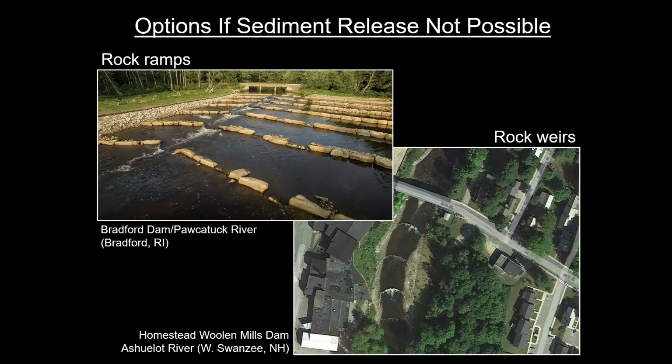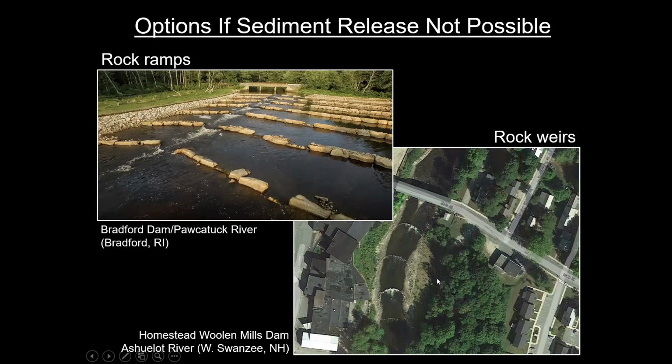The example on the left from Rhode Island was about maintaining wetlands. They are sort of artificially created wetlands to some extent because the dam has impounded a higher water level for centuries. But the wetland complexes are high quality now, and so the Department of Environmental Management, as well as recreational boaters, didn't really want to see the water level drop. Despite the dilapidated dam and the hazard and the risk, the decision was made to go with the rock ramp.